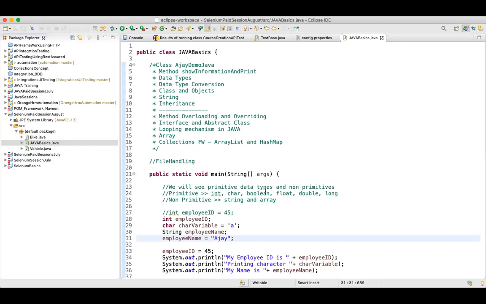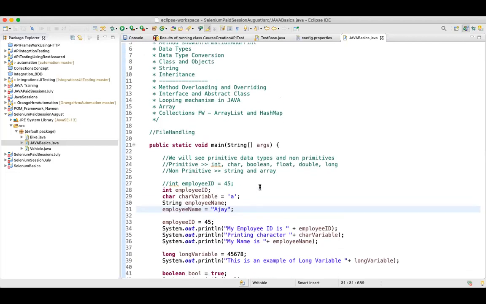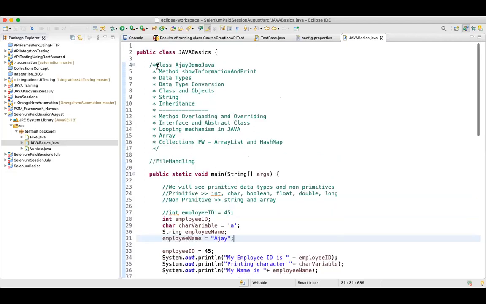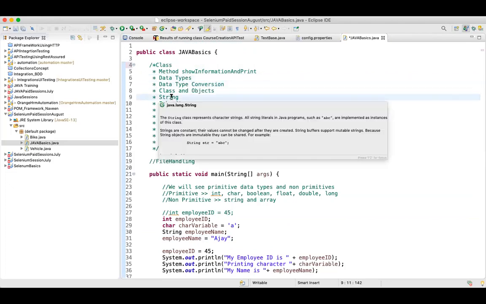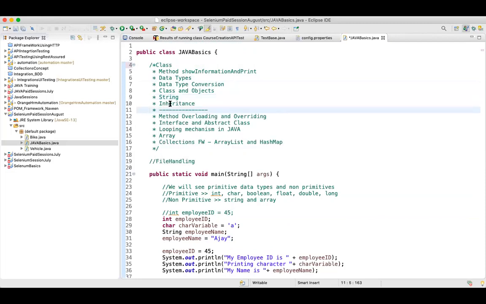Okay, so guys, in the last session we had started with our Java topics, the ultimate goal being learning Selenium. We have started some brush-up sessions on Java. Yesterday we saw some of the Java core concepts: classes and objects, the different methods we have, data types and data type conversion. Then we saw some properties of strings and a quick introduction to what inheritance is, and how a child class can inherit some of the properties from its parent class, right?